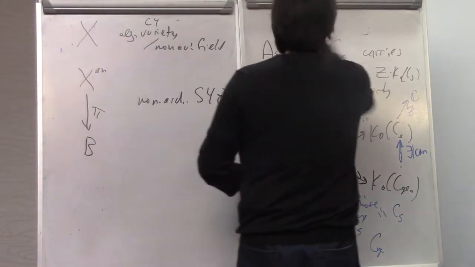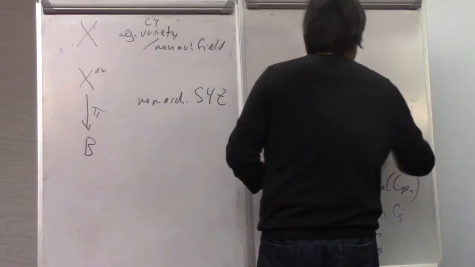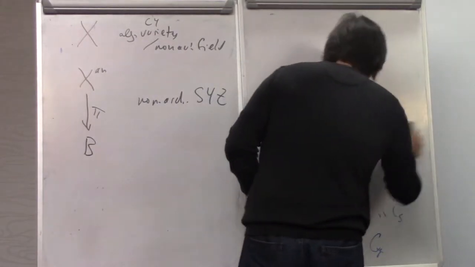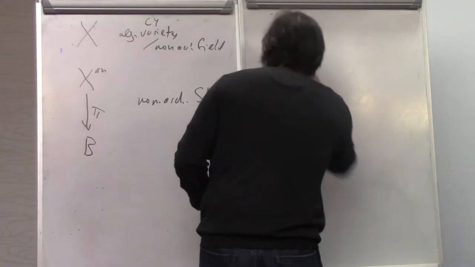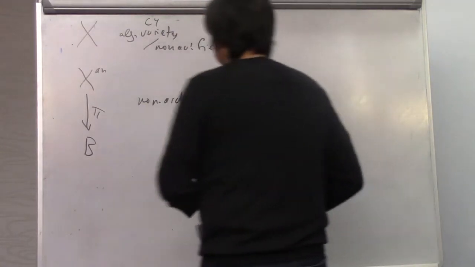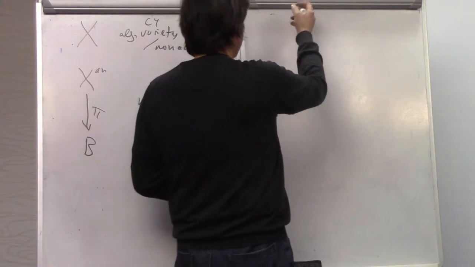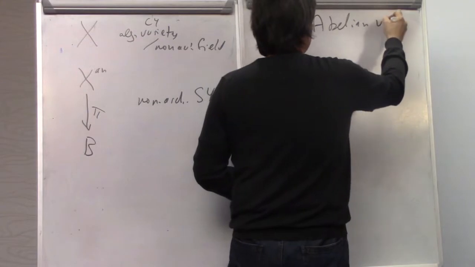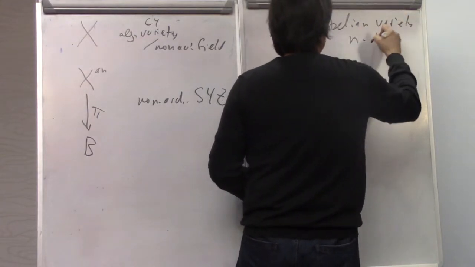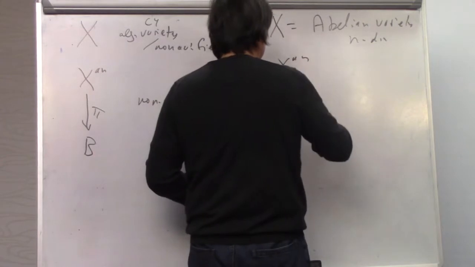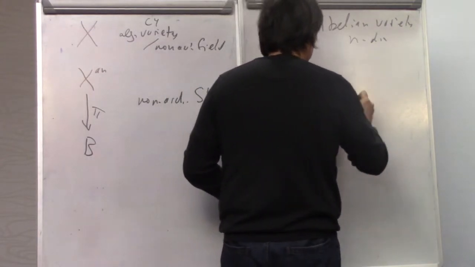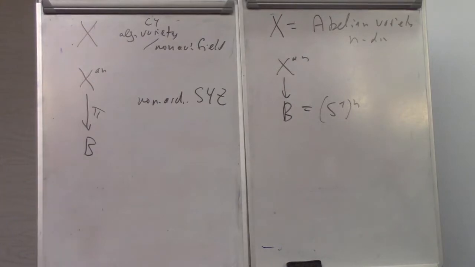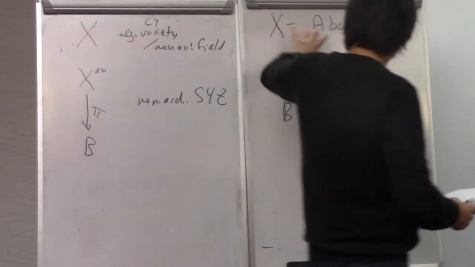I didn't give you a definition of what a non-Archimedean SYZ fibration is, but the basic example, which is already very non-trivial, is the following. X will be an abelian variety, let's say an n-dimensional abelian variety, with X analytic, and B will be a real torus, the usual kind of generalization of the Tate curve. So this is a horrible thing. You get a torus,